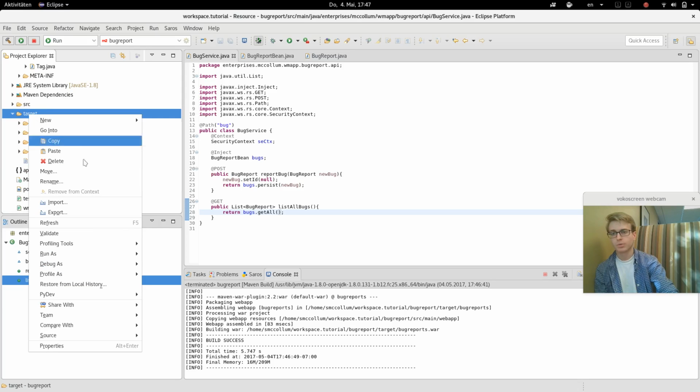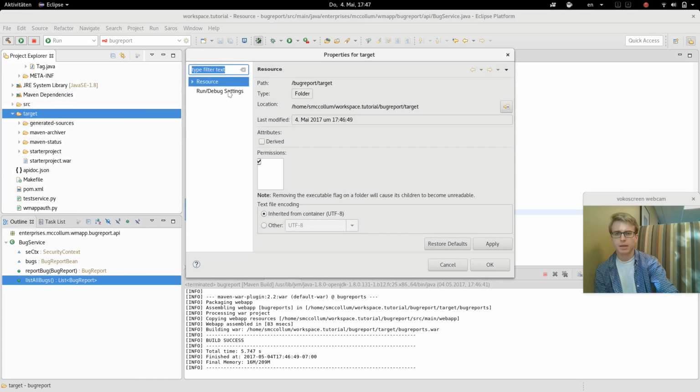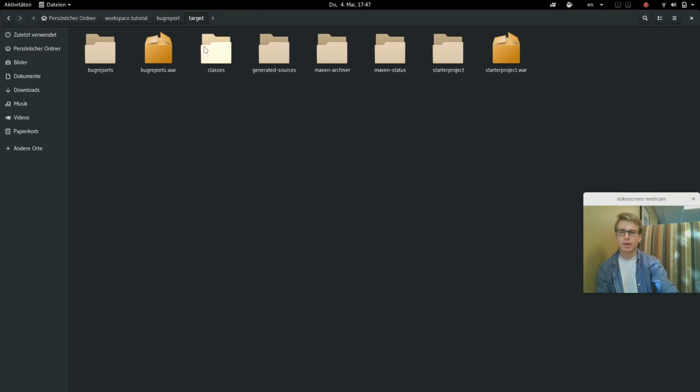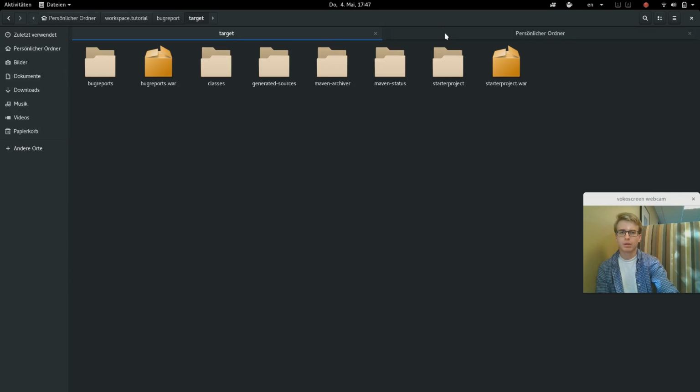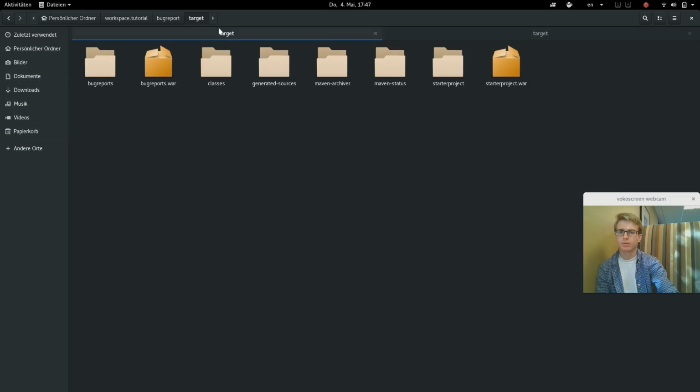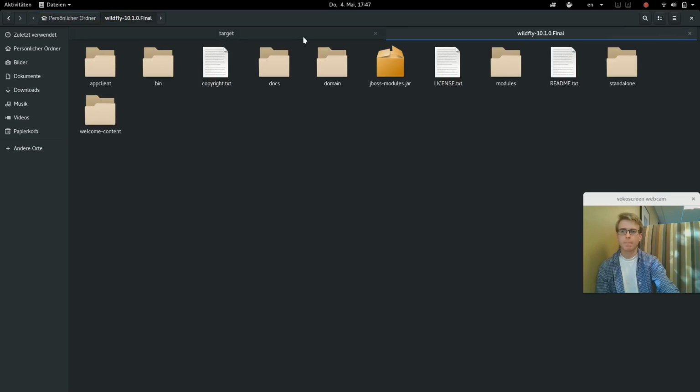But I'm going to right click on this, and I'm going to say properties, and then I'm going to say show in System Explorer. So here's the folder, target, and I'm going to open my folder. Now, okay, so